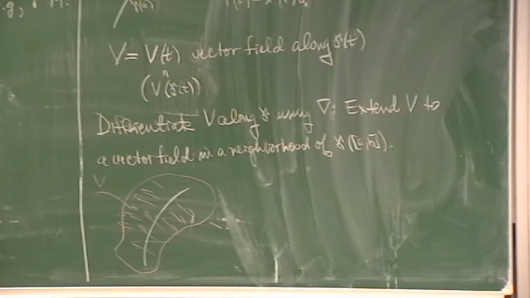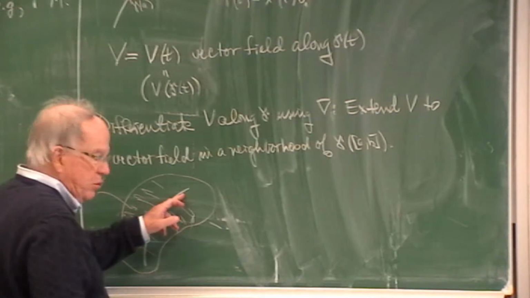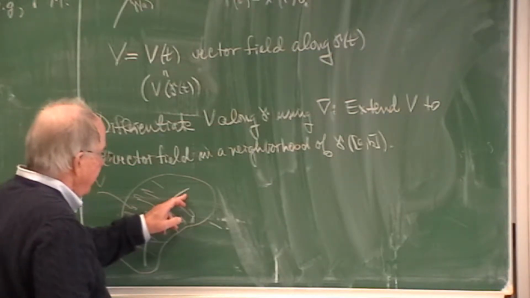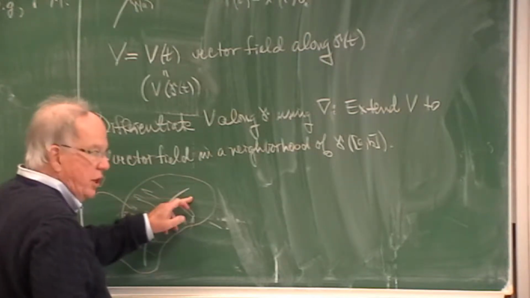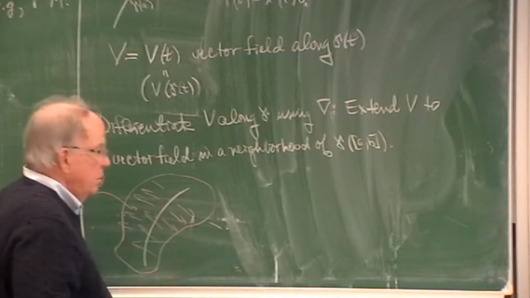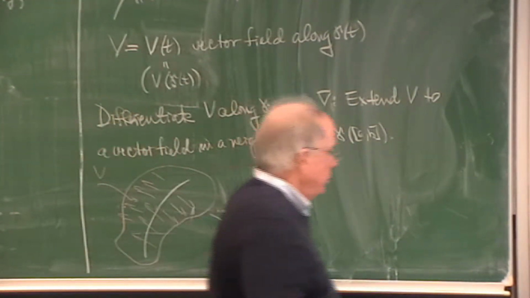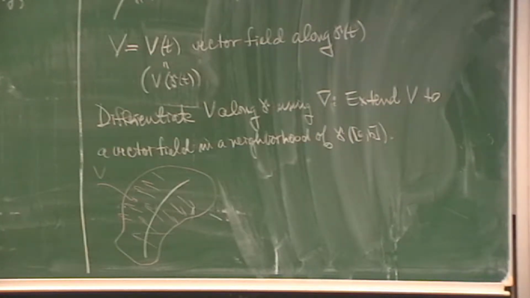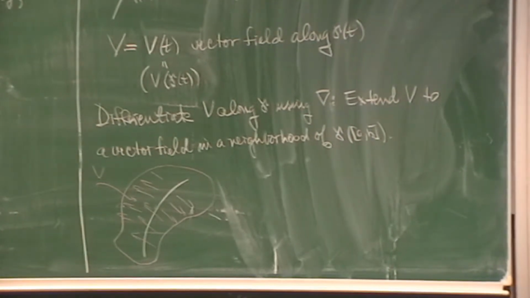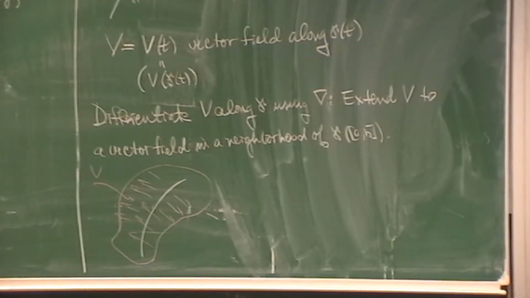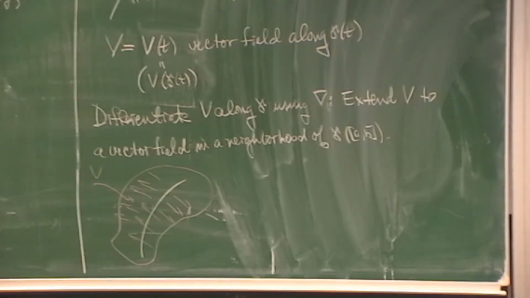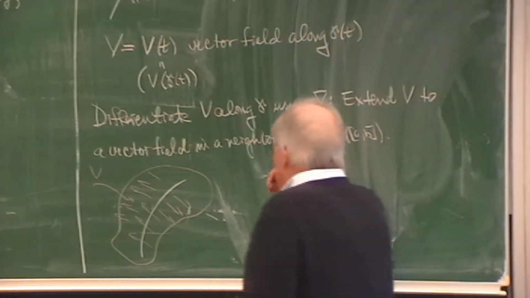Now, your author, Lee, the book that I suggested to you, allows only piecewise smooth, so you have to worry about what it means to extend at corners. But it's the obvious thing, so there's nothing to do. Okay. So that's what you do, and you differentiate it,